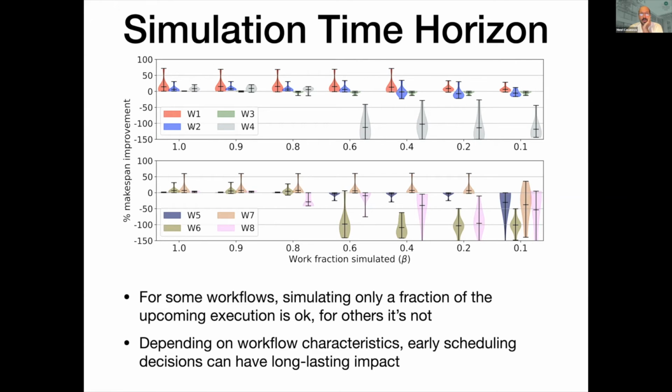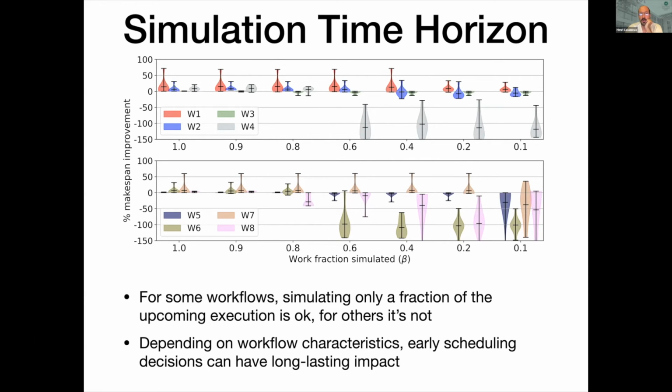And so when we simulate the whole application execution, meaning 100% of the remaining work, we see what I talked about 2 slides ago, which is, yes, portfolio scheduling always does better because it has the flexibility of changing the scheduling algorithm in use at some point during the execution, meaning different workflow phases can benefit from different algorithms. That's not always true. For instance, for workflow 5, we see that we don't do much better. But for some workflows like workflow 1, the red one, we see that we can get much better makespan. But the question is, can we get away with not simulating the application execution all the way to its completion?